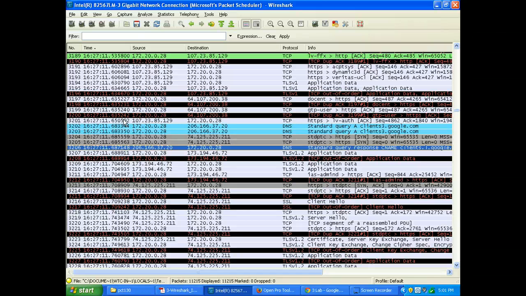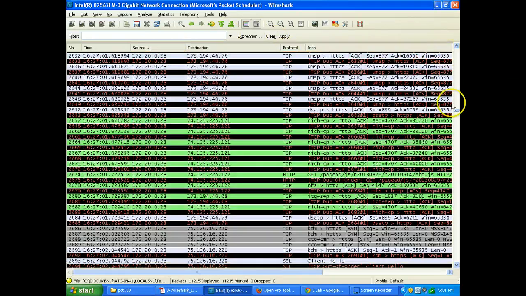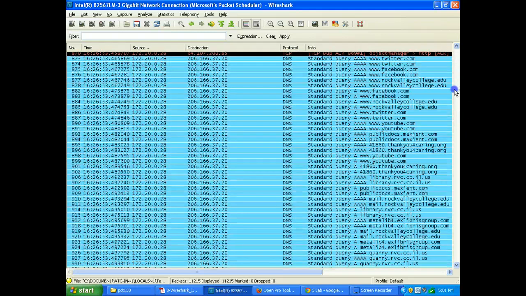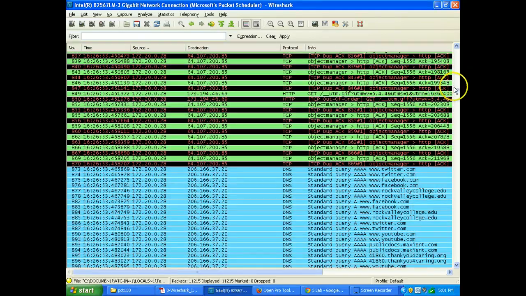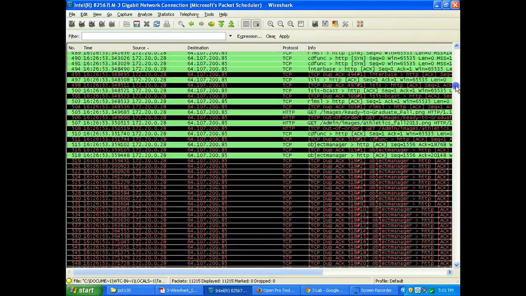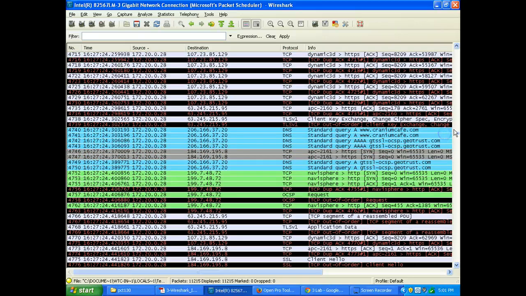So I go by time usually, but then also you can go by IP address. If I know I want to look at certain IP traffic of whatever, just click on source, and again it gives me a nice top-down view of every IP address in here and what websites they went to. So let me scroll down real quick till I actually start seeing some activity here. Okay. Now, I don't know what these sites are, so I'm just going to go for it. All right, so this site here,